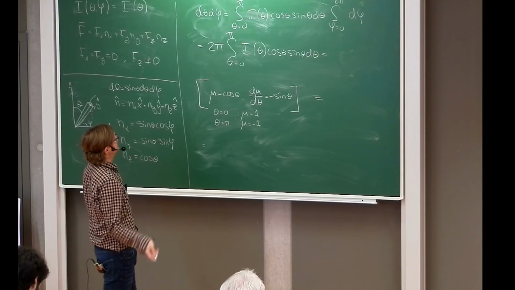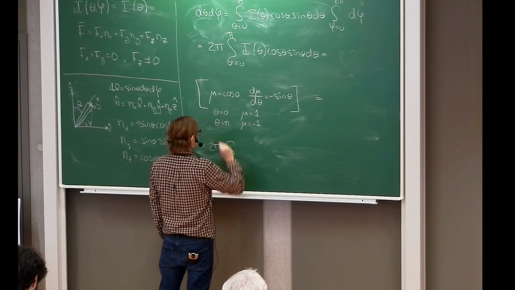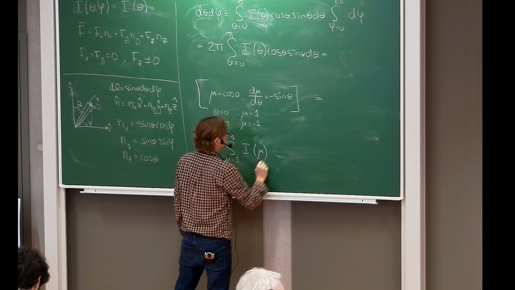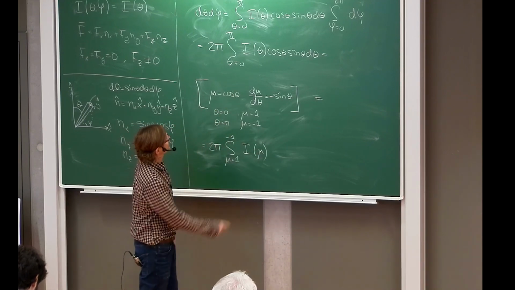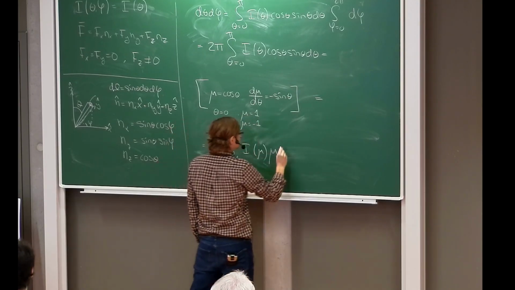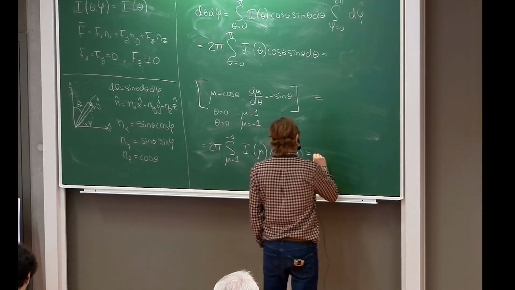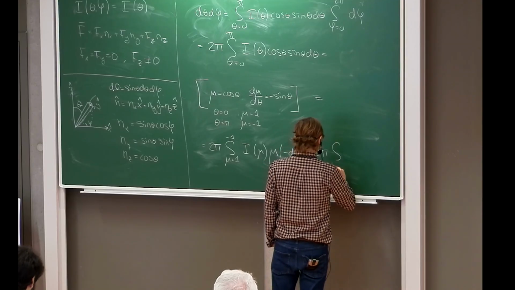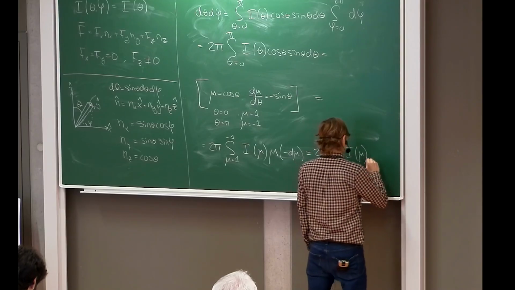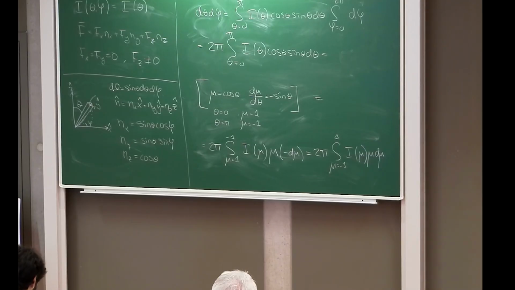So with that variable substitution, you can write this expression with mu going from 1 to negative 1, and there we can just change I of theta to I of mu. Here we have to be a little bit careful. This is just a mu, right? And this sine theta d theta is going to be minus d mu. So we can flip the integral to write this as 2 pi, integral of mu from minus 1 to 1, I of mu d mu. Okay? And this is often then